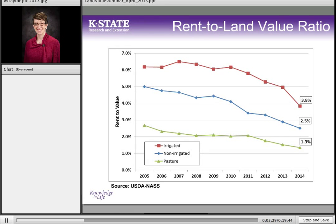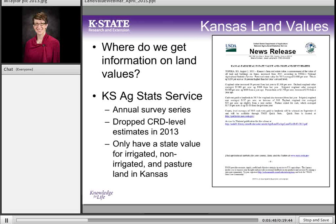If rents, or if the return to value ratio on ag land were still up around 5 or 6%, you would just see more money flowing into that market until it pushed it down. So there's a little bit of an equalizing factor going on within the ag sector that reflects the greater macro economy. Now, when I'm presenting this kind of information on land values and even on cash rents to a certain extent,